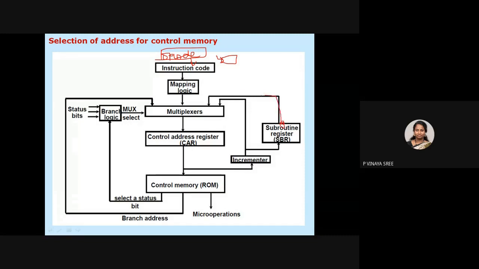If it is activated, that indicates that it is not going in a sequence. It has to generate those microprogram signals so that the control from the program counter's address to the called address will change. So that is about the subroutine register.